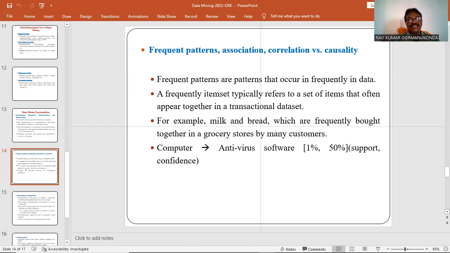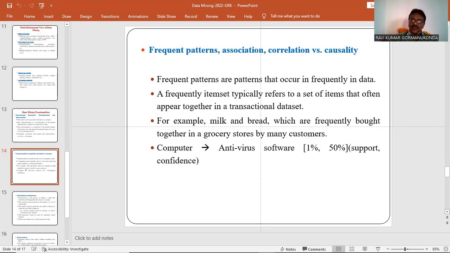In market basket analysis, we are finding what items are frequently purchased by customers. After analyzing which products are often purchased, applying the support and confidence framework, we give direction to the owners of the grocery store.